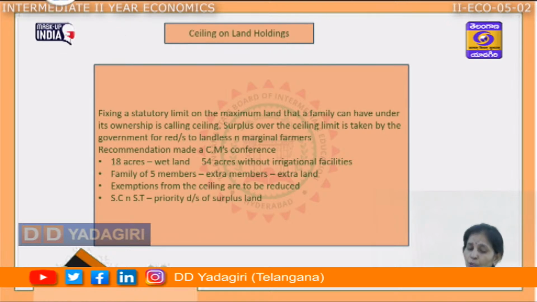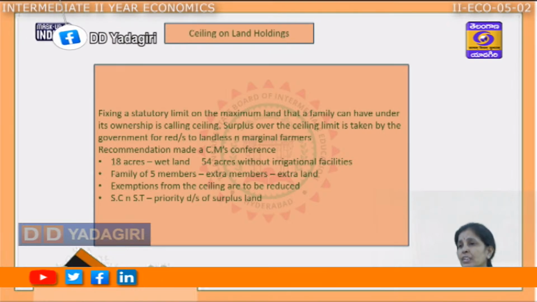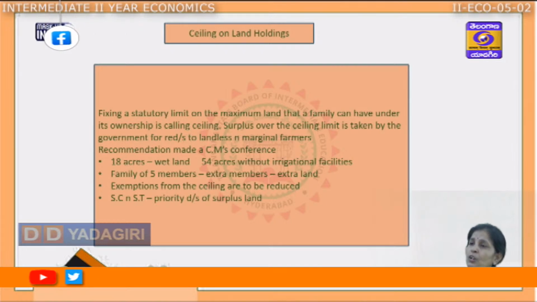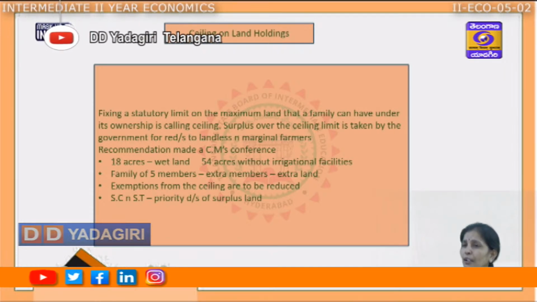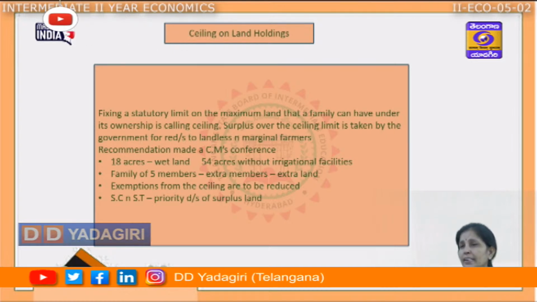And to make recommendations on this, the government called a conference where all the chief ministers of different states made certain recommendations on to what extent the ceiling has to be fixed. And over there, they have decided